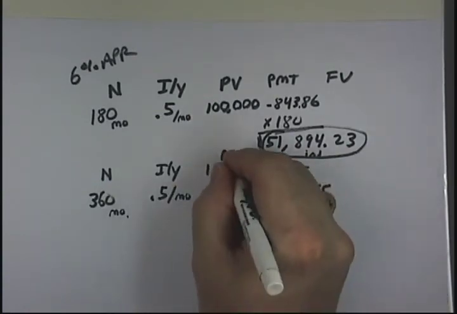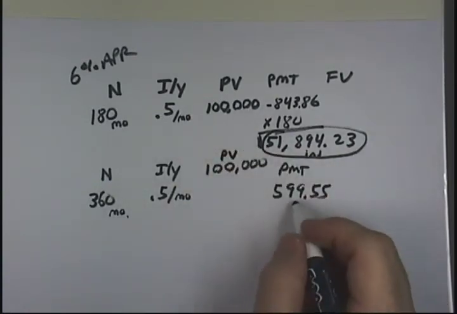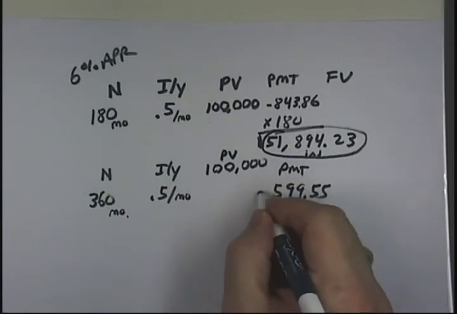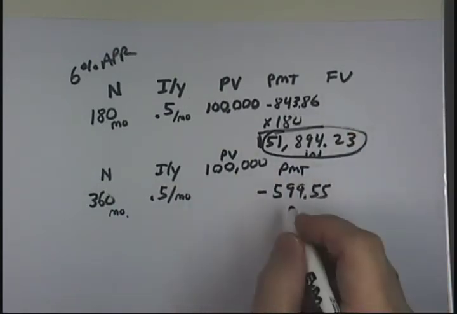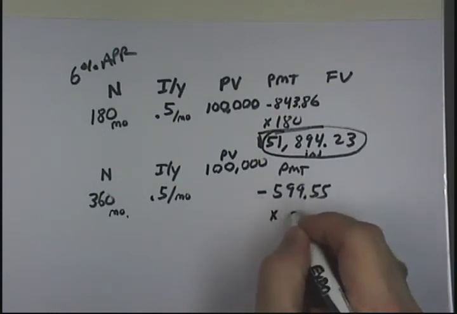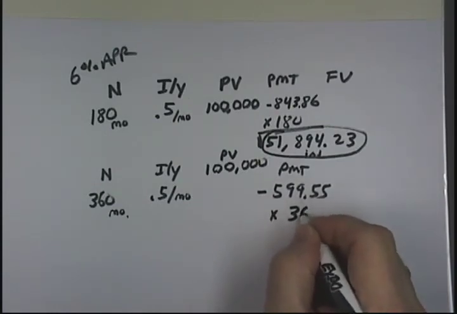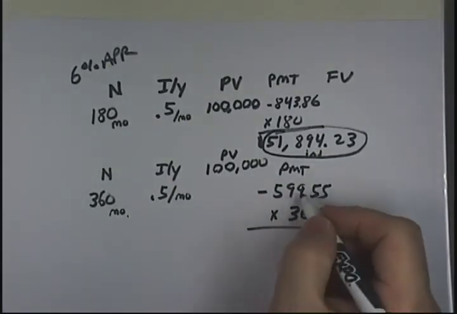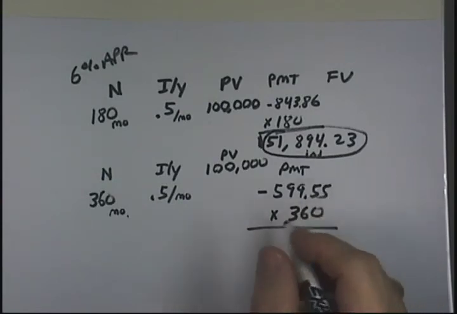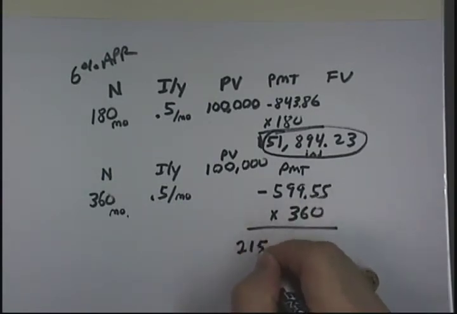And that's my present value I failed to label. And again, the calculator puts the minus sign there. So my payment amount has dropped by a fair bit, but not all that much when I consider I'm going to be making twice as many of those payments. So 360 payments of $599.55 totals